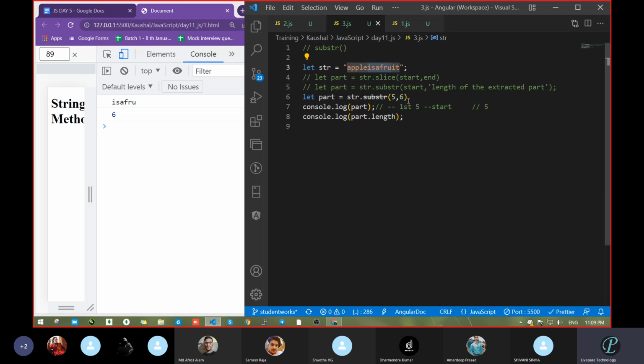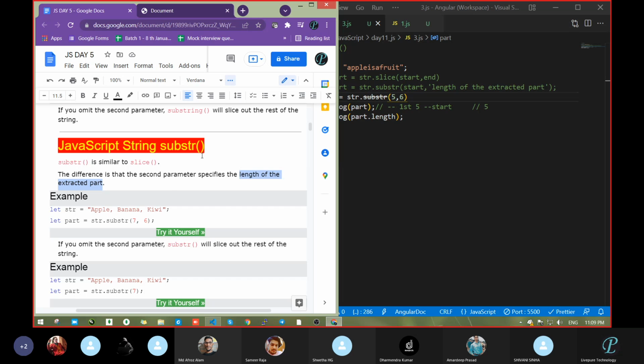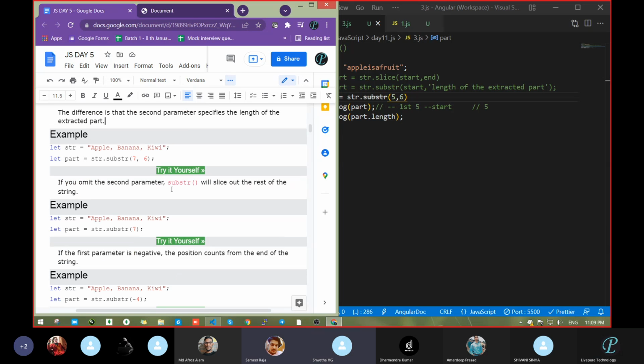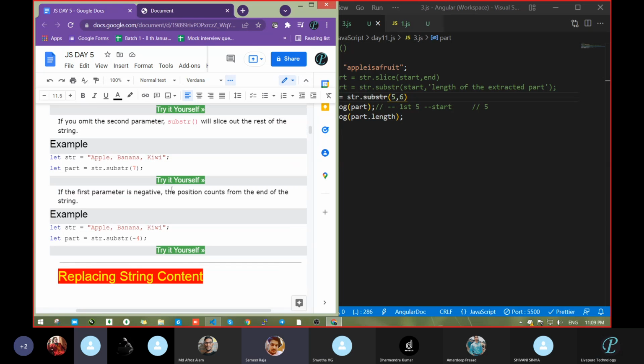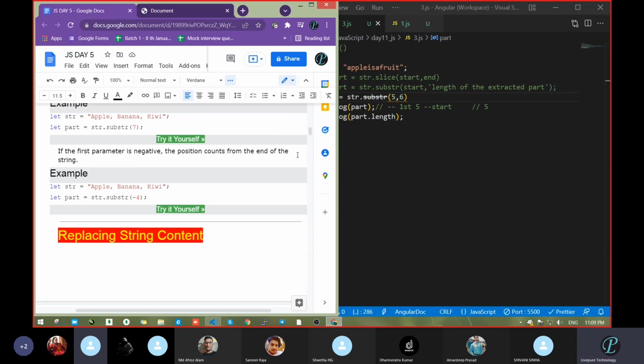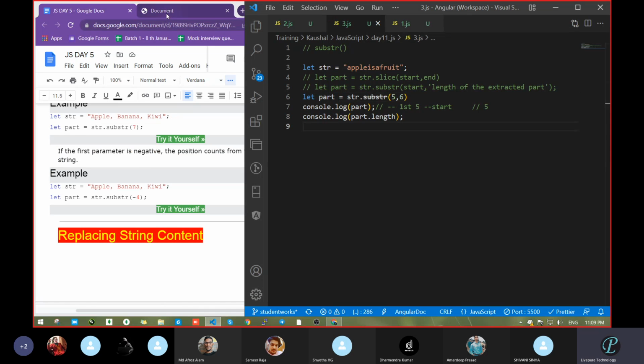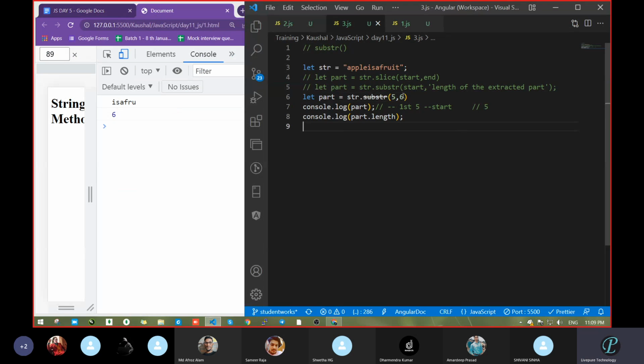So what is the difference if we do not pass this 6 character length? What will happen? It will start from 5 and go up to the last, because we didn't give any limit. Correct. Because we had not passed any value, means no ending condition. So let's check that also.